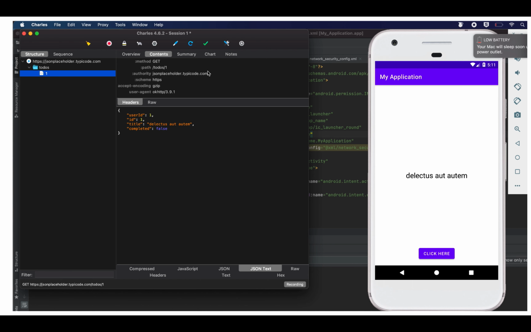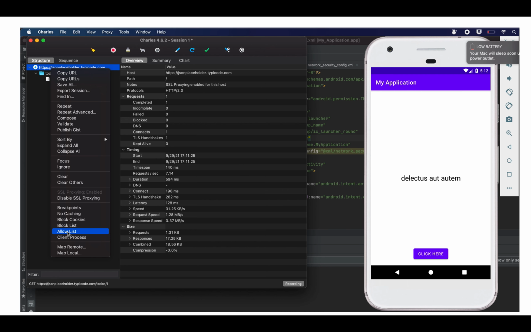Sometimes we will find that there is a cross mark against this JSON placeholder after all these changes are made. In that case, you need to allow list. As we discussed before, how to allow list: just right click, scroll down, and in the dialog box you will get the allow list menu.